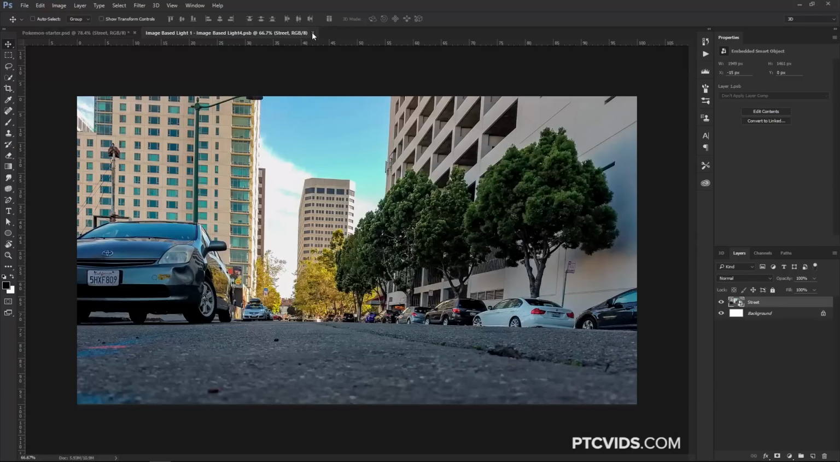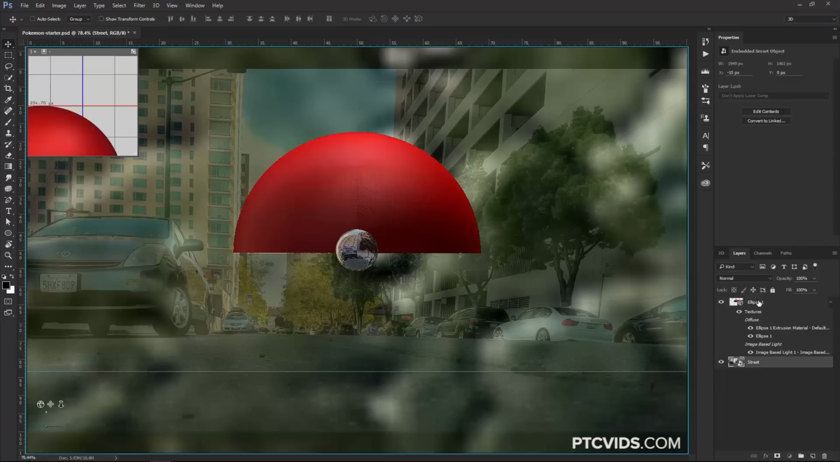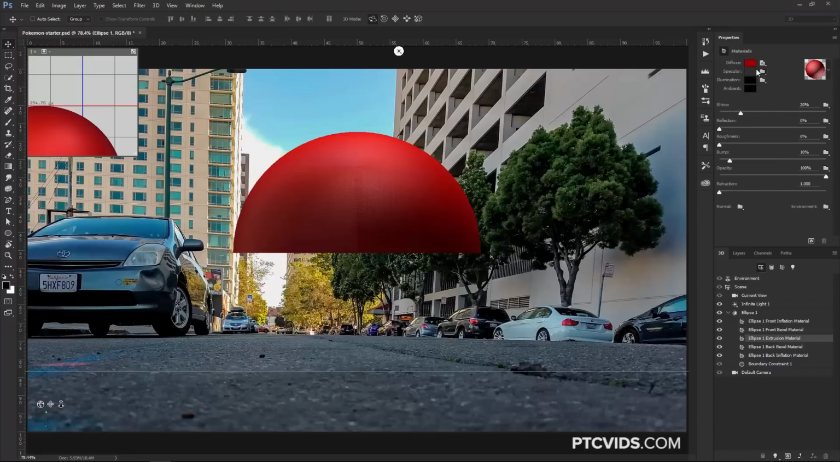Then I can close this image-based light, and you're not going to see the reflection yet because we need to make some adjustments. So I'm going to double click on the 3D layer and go back into the extrusion material, the one that we switched to red, and increase the reflection roughly 23% or so. And notice the reflection. Now we see the trees being reflected, the building and the car,